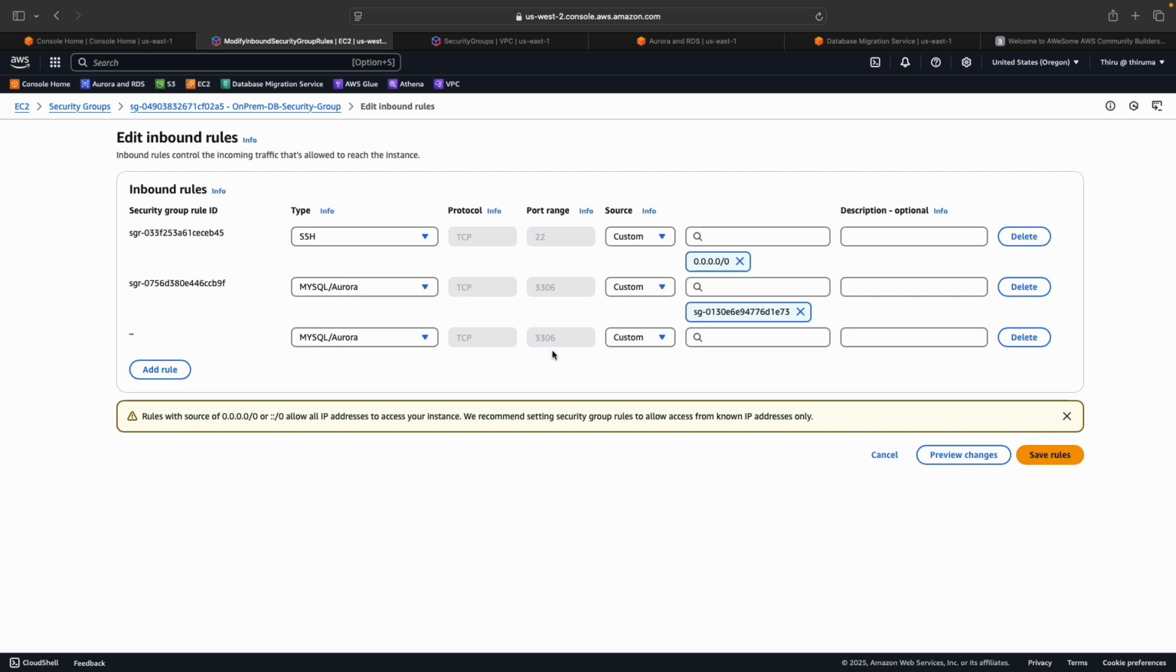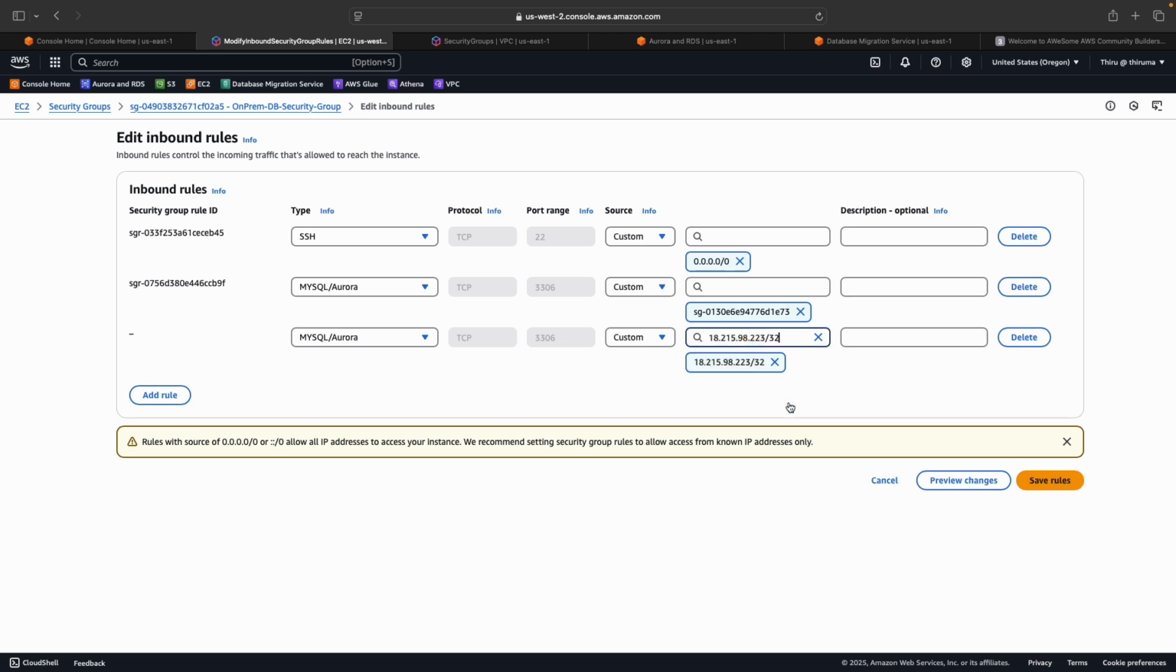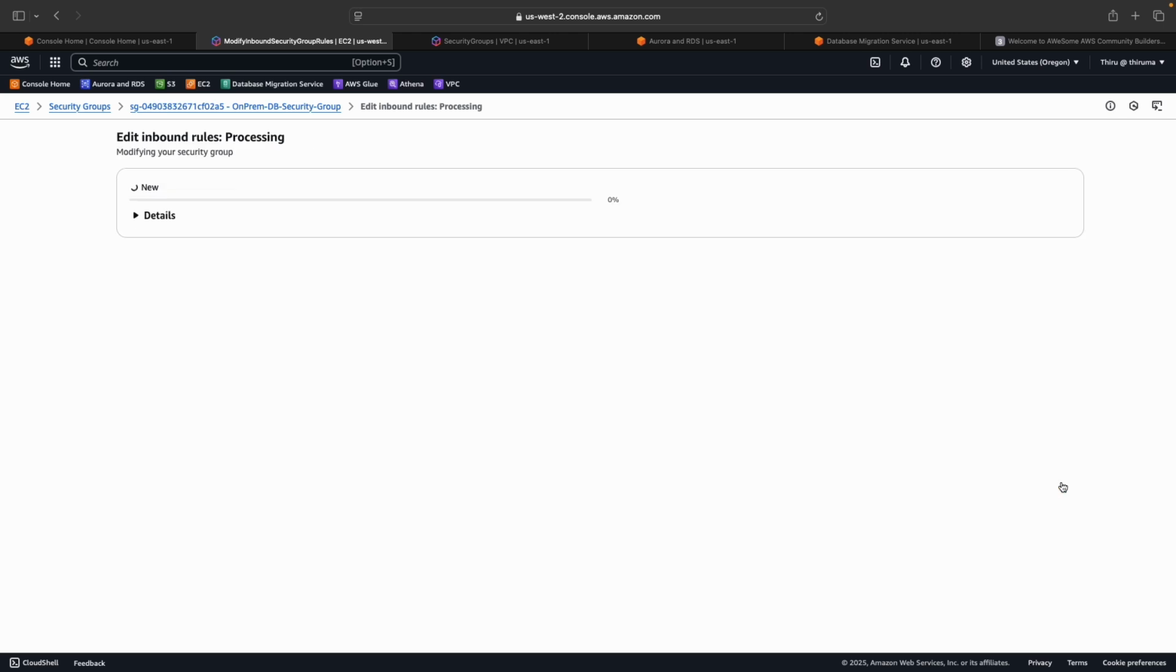On port 3306, it's going to be a custom source, and we're going to give the IP address, that's the public IP address of the replication instance. We need to enable the port 3306 for our replication instance for the database migration to happen. Now let's save the changes,